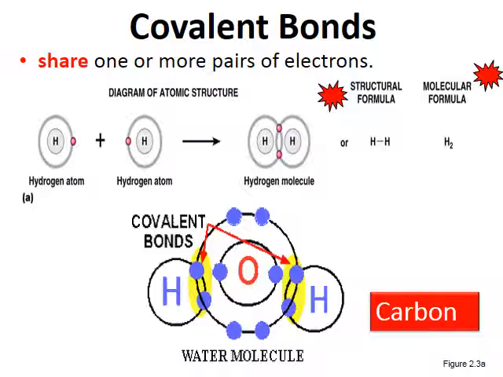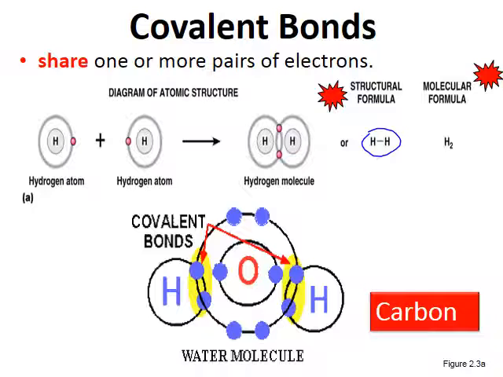Now when it comes to these molecules, there's different ways that we can talk about these molecules, or we can share information about these molecules. One of the ways is through a structural formula. And we indicate a covalent bond, which is a sharing of the electrons, by this line that's right in the middle, just a straight line between these 2 atoms. It shows who's connected to who in a structural formula. That's the value of the structural formula.